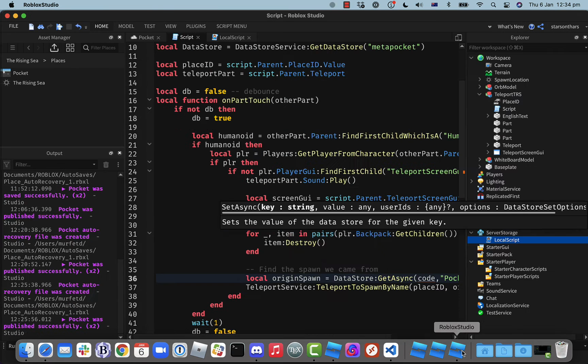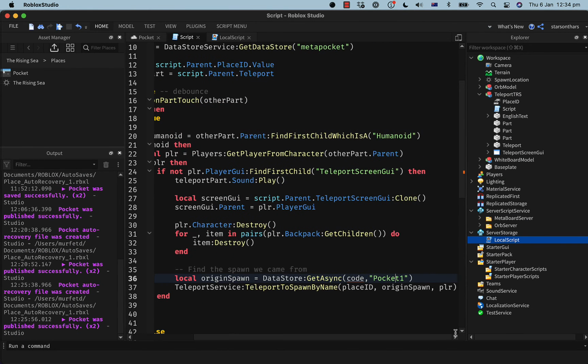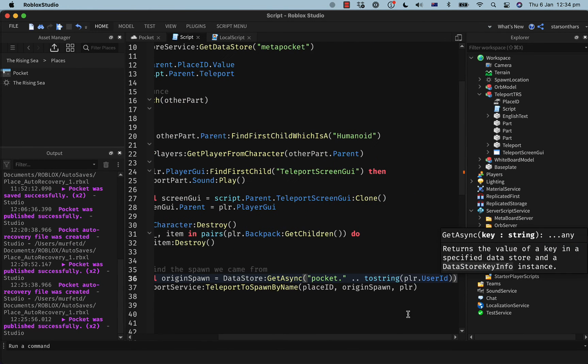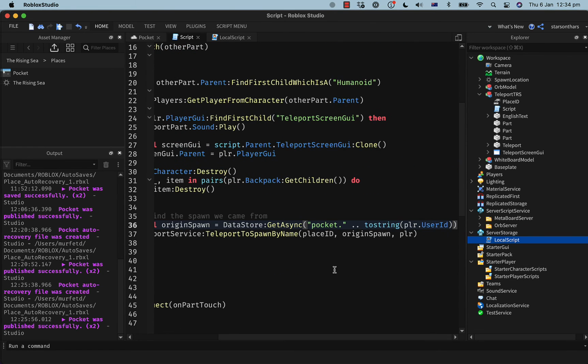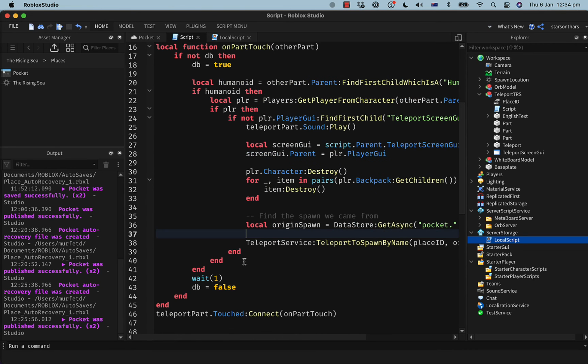And then this get async is going to, yeah, that's right.